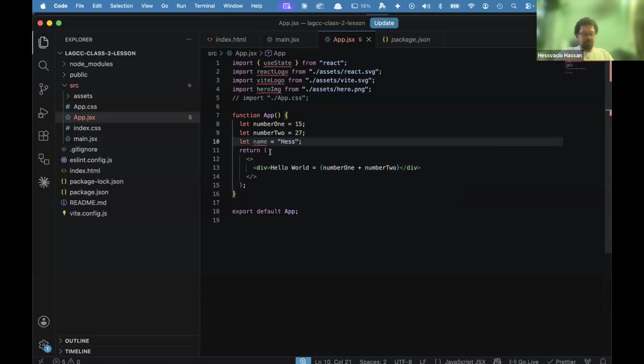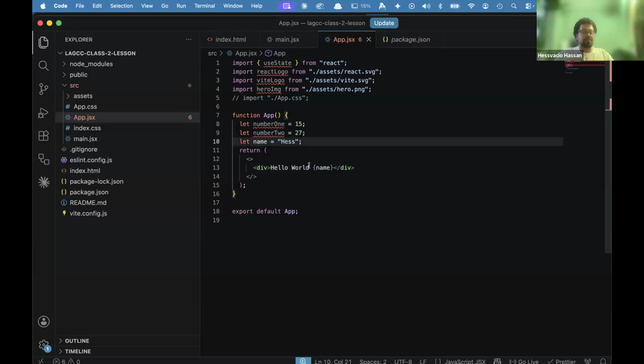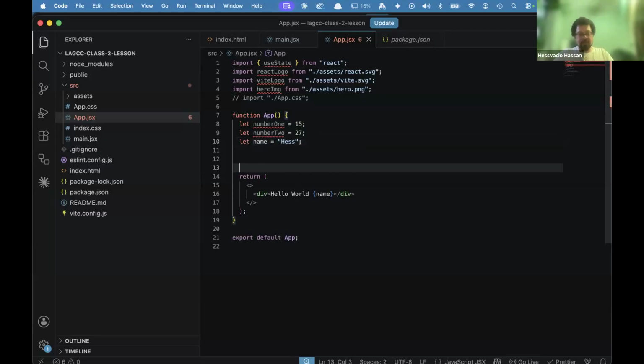You do something a little bit more realistic, like, hey, you're probably not going to want to add numbers inside of your initial div, but what you probably want to do is say hello world, username, and then you can take a look and see hello world Hess. It takes that variable, represents it in JSX there, and you can just run JavaScript right off of the blue there. So what's also cool is, you can do stuff like let's